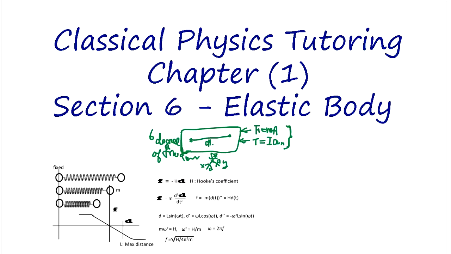Now we get into the elastic body. An elastic body's distance changes. It's not fixed. So what kind of materials are like that? Actually, any ions or any metal, if you stretch, it goes back. The rubber band, you stretch, it goes back. So it has stretching and also bending. When you bend,